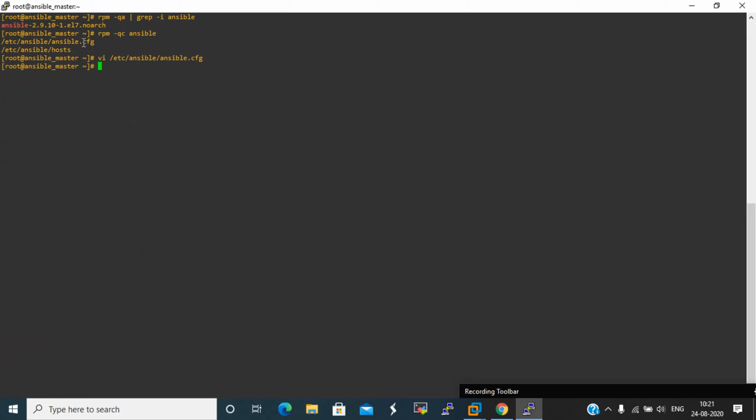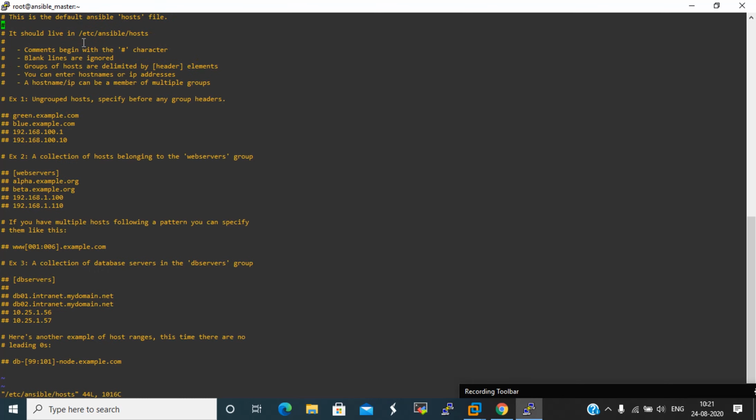And here we are taking two nodes, assuming one is a web server and another is an app server. In this file we have to make an entry for all hosts.